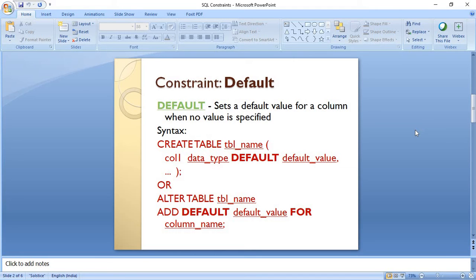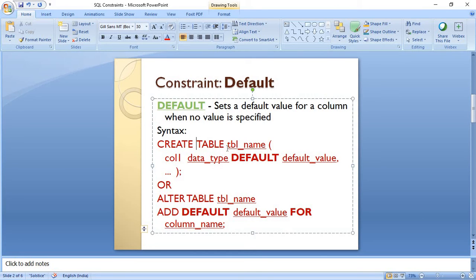For example, an employee has a certain field, in our case the city name, and if he does not provide it, we'll provide some unknown value. So if a value is missing, an unknown value will be provided to the table. The syntax is pretty straightforward.